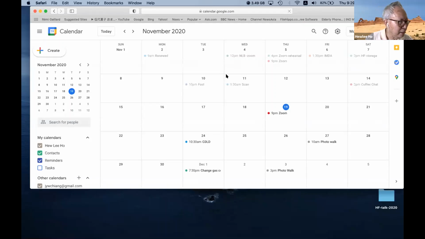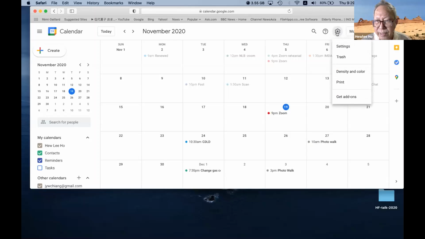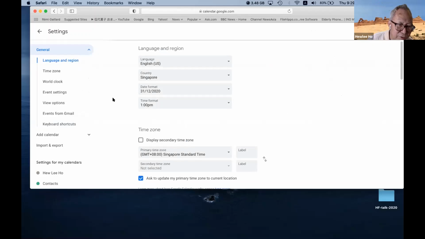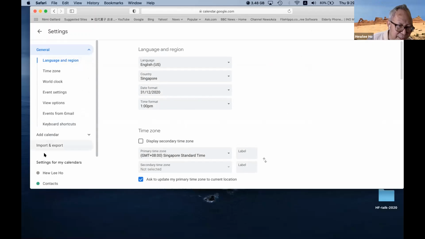So it's the Google Calendar. From the Google Calendar, I have to check this. You can see my mouse. I will check this setting. Then I go to Settings. Then you notice here, you see my name. That is my calendar. On the left column, there are settings for my calendar. Okay, this is my calendar.